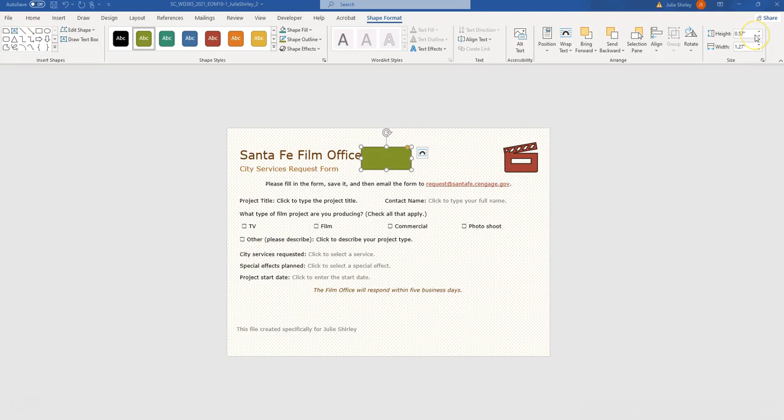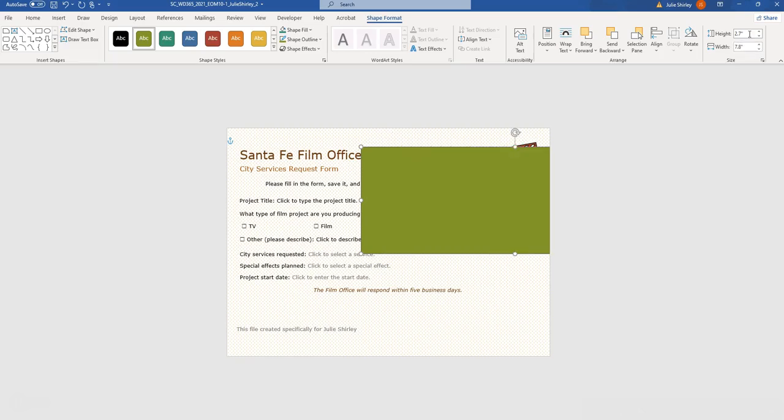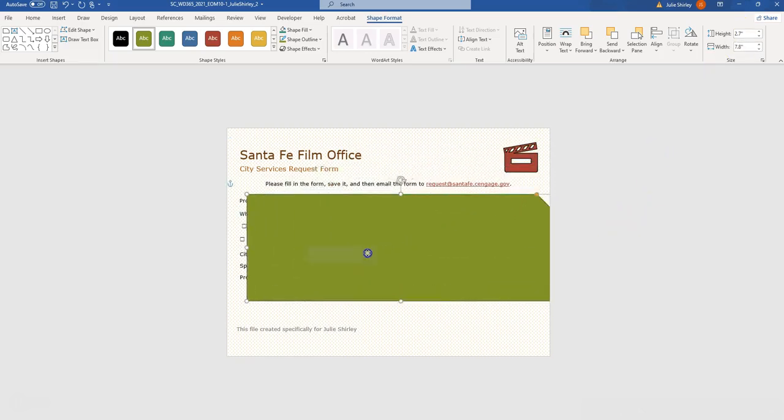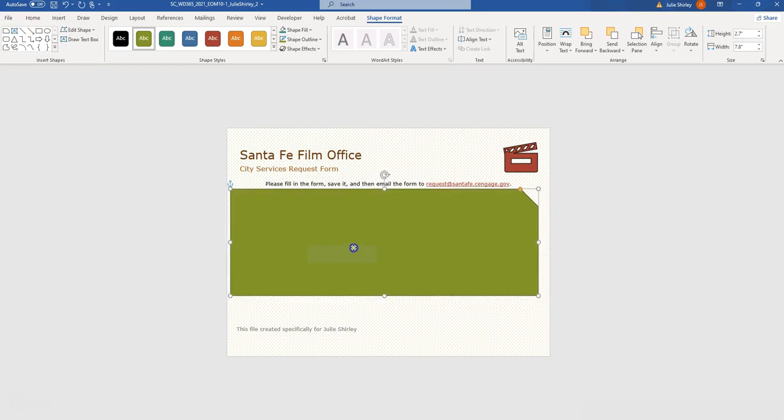Then we're going to come up over here, and then we are going to put in our height, which is 2.7. And then our width is 7.8. Hit enter. And now we can go ahead and take our box and then move it to where we want it to be. It's going to be right underneath, "Please fill in the form, save it, and then email the form to that email address." So once we have that,